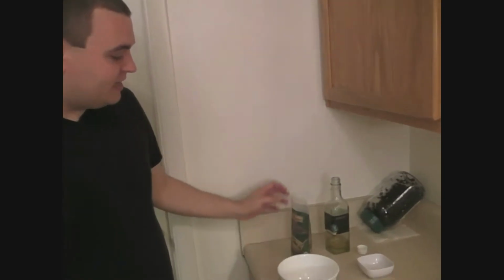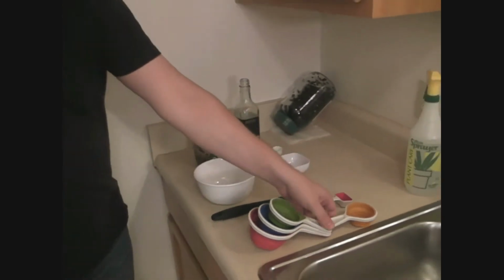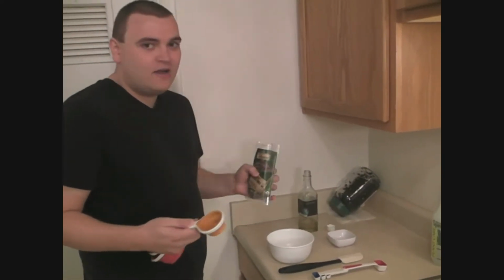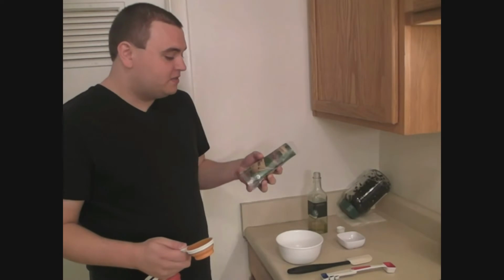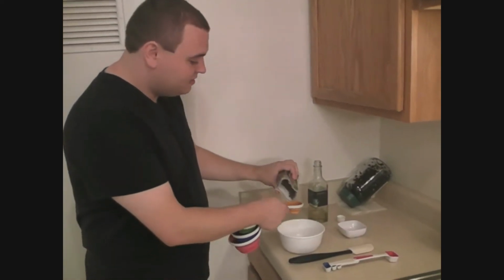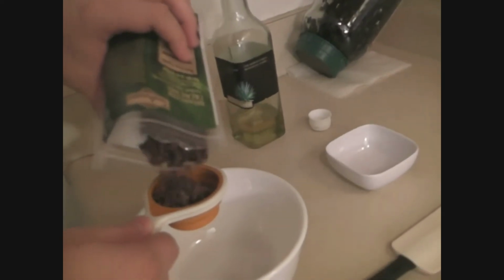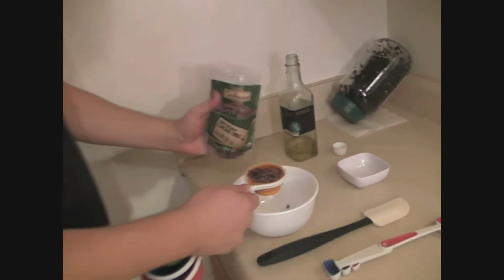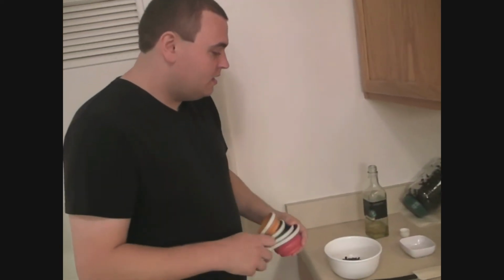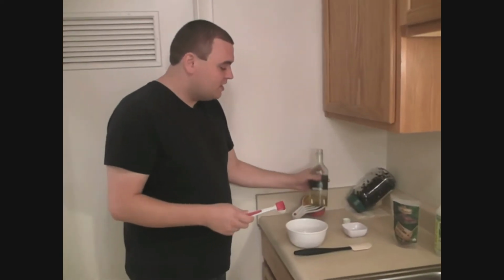This is a simple cacao nib and agave nectar dessert, so I'm going to take my measuring cups here. I'm going to put 1/4 cup of raw cacao nibs. Cacao nibs are basically the raw cocoa bean just cut into little pieces. So 1/4 cup of raw cacao nibs into a bowl, and then I'm going to take 1 tablespoon of raw